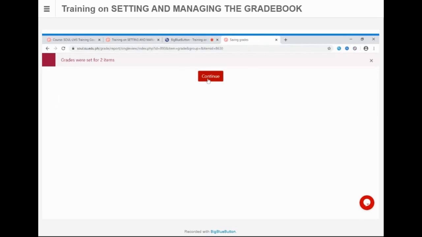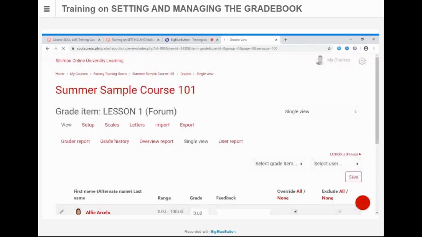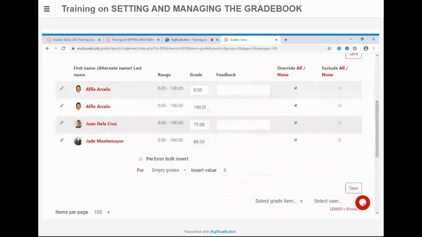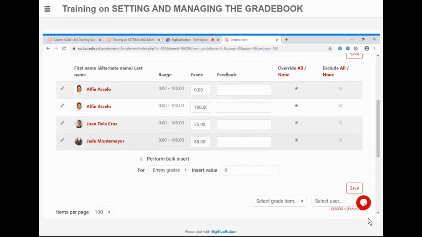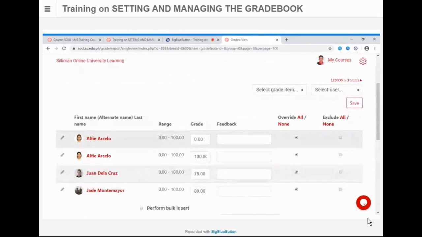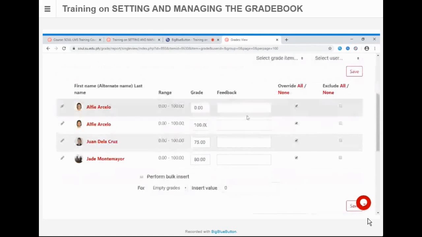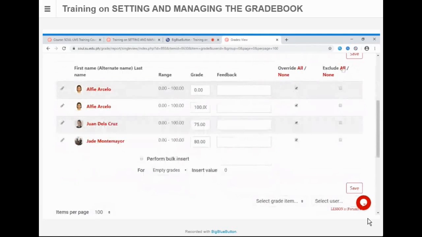So grades were set of two items. Okay? So let's see. So 80 points. But okay, na siya. But if you want to have nga medyo naglibog ka kung dili ani count para siya pretest, you can exclude all. So if you